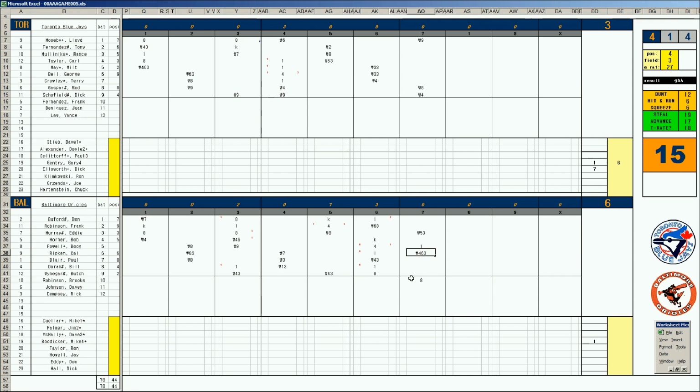Okay, Boddicker's got a 6-3 lead in the 8th. I'm going to take him out and go to Don Eddy in the 8th inning. He's not the greatest reliever in the world. The Oriole pitching staff got raided in the expansion draft, as you would expect. Particularly the bullpen. No Eddie Watt, no Pete Reichert, no Tippy Martinez. They all got taken by other teams in the league.